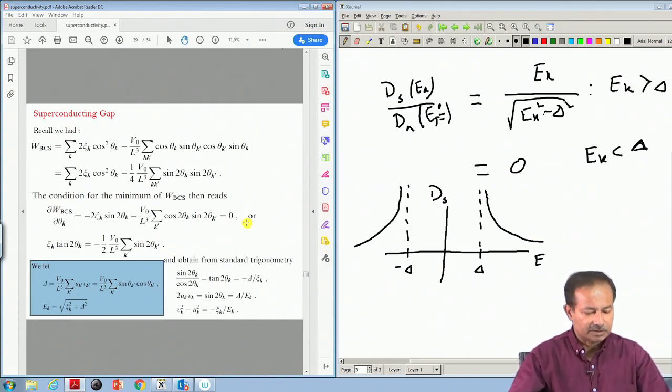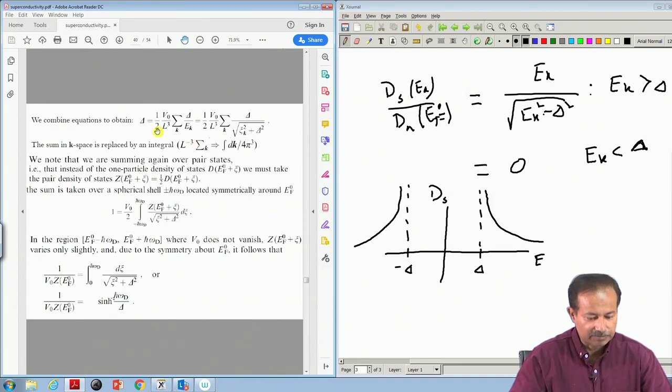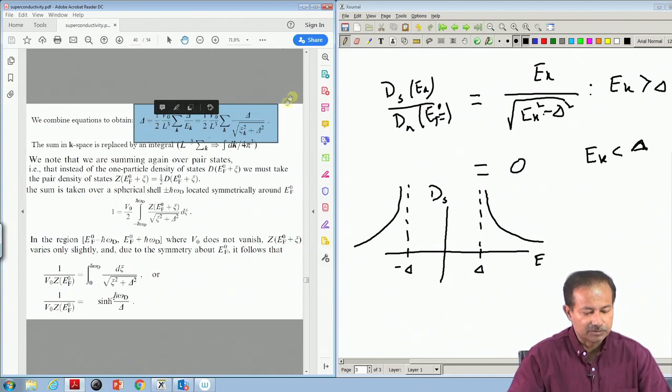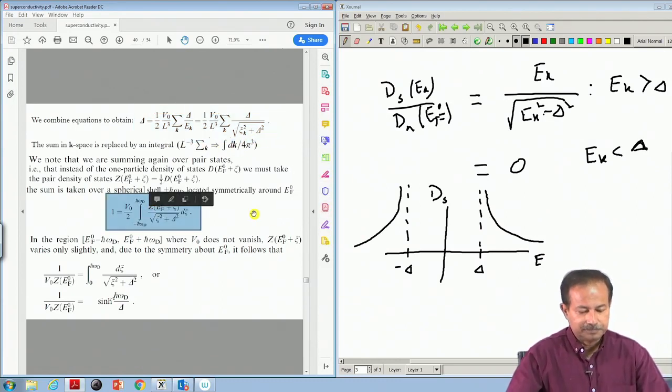These equations were obtained originally, and from that we showed that this is the equation for the gap. So, basically you see that delta will get cancelled from the numerator on both sides, but then delta remains in the denominator. So, you have to invert this equation to get the delta. So, how does one do it? This is how one does it.